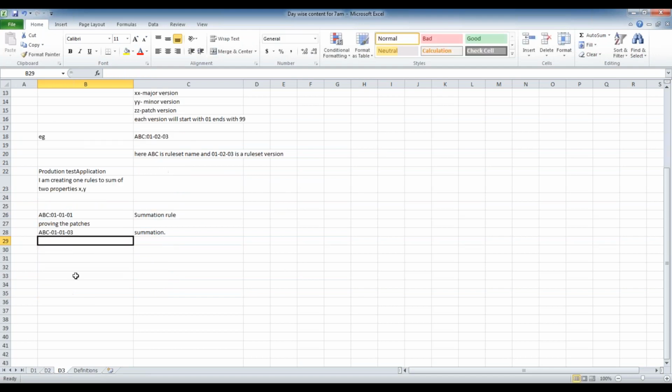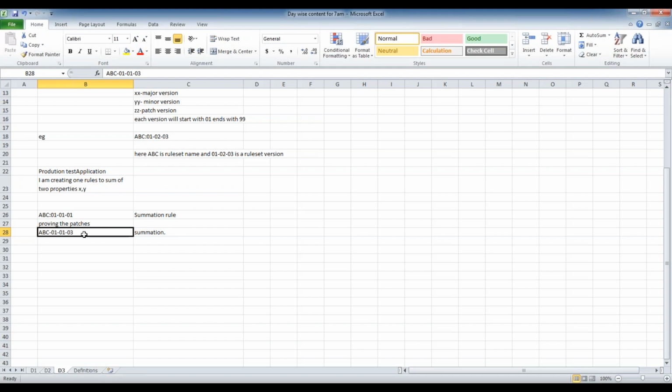We are providing the patches, and on the patch, whatever logic you are writing, we are providing that logic in 010103, and the same rule is rectified here. I am using the correct logic, and again I will create the patch, and then I will lock it, again 010103, and I will release it into the market. So customers will start installing that patch, and after installation they have two versions, 010101 and 010103.